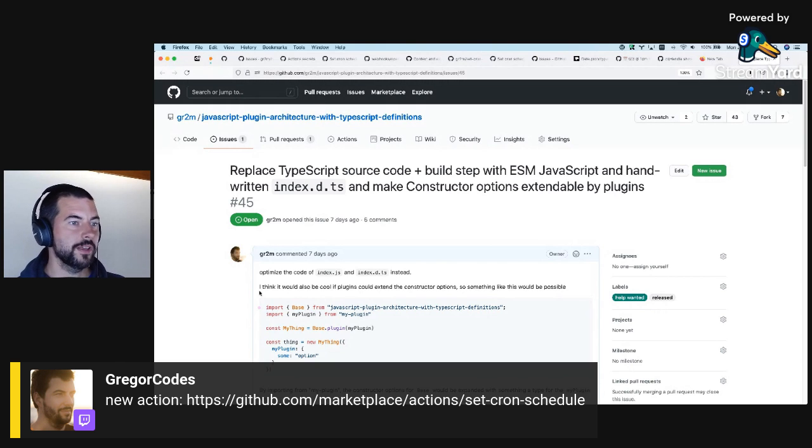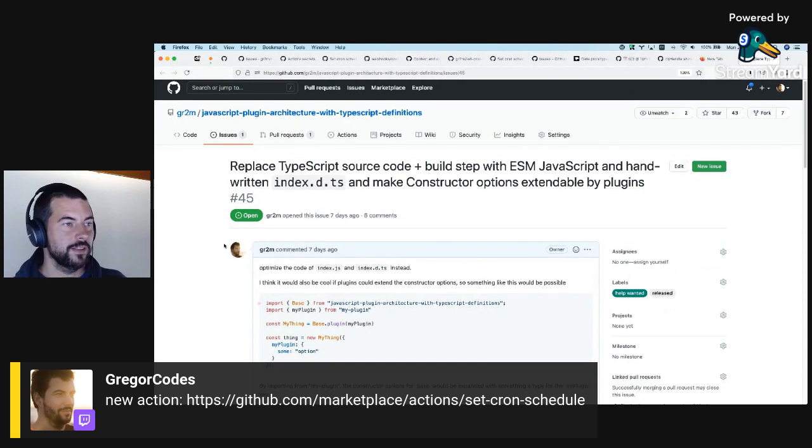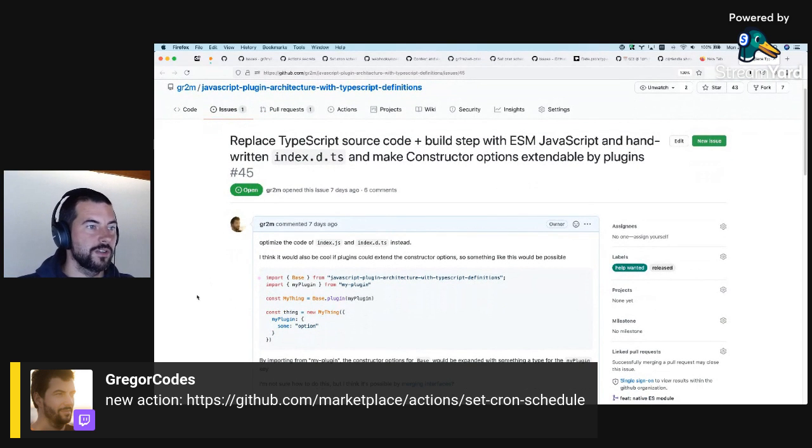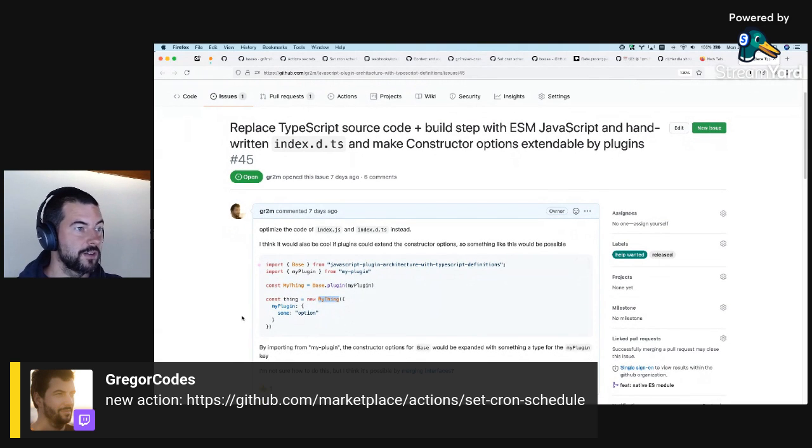And there are a few things that I would like to do for an upcoming new TypeScript architecture, if you want. And while doing that, I also want to migrate to native ES modules. And one thing that I would like to work with Arta on is to permit plugins to extend the options that I can pass to the constructor.